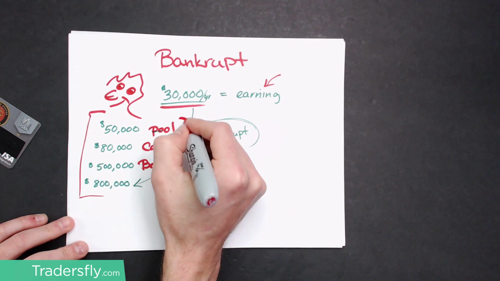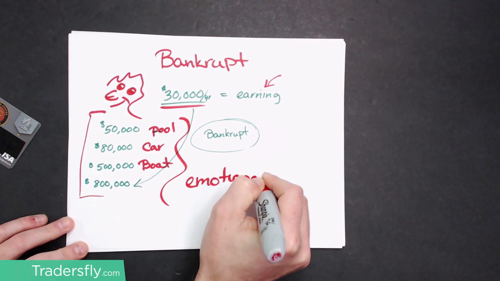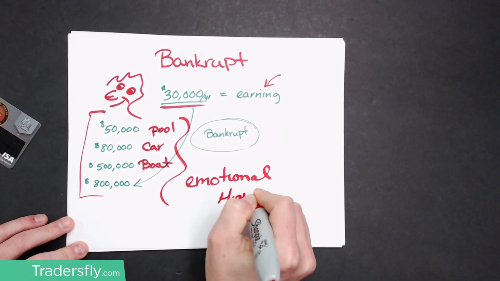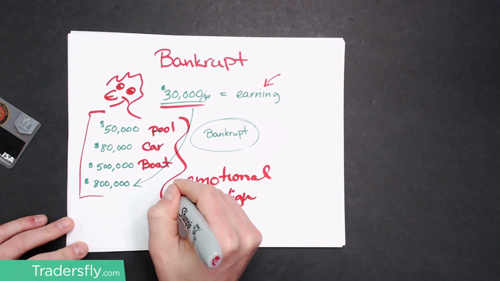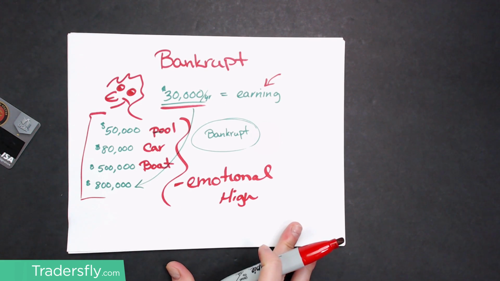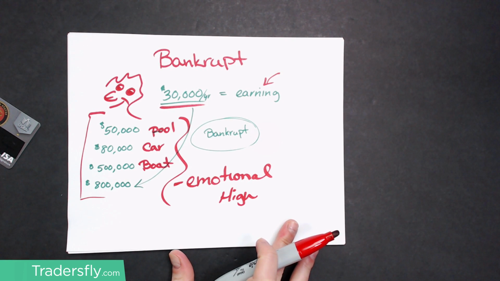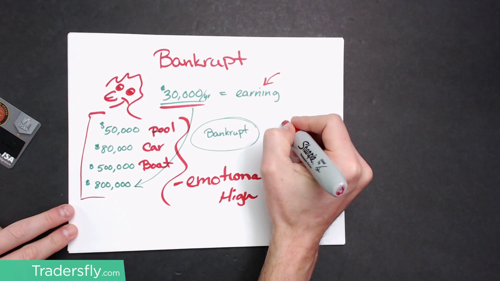But in order to get there, this part was all emotional high. Think of it like a drug addict, cocaine, it's all about getting that next high. The pool, the car, the boat, it's not to that extreme, but once the cycle starts, it's very difficult to change your spending habits, because you've built a certain lifestyle